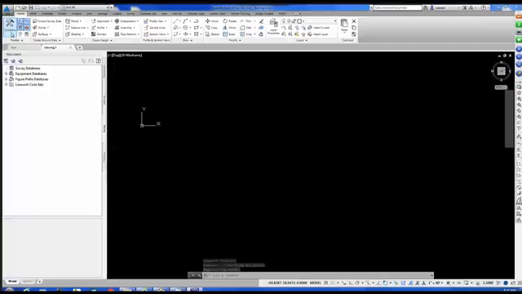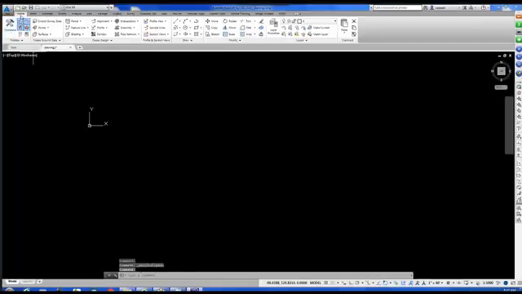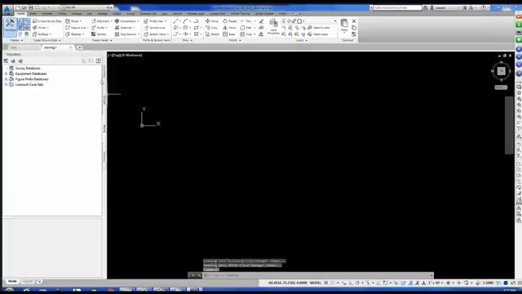And remember, if your tool space isn't open, go to the Home tab, Palettes panel, and select Tool Space. Also, you should have by default 4 tabs: the Prospector, the Settings, the Survey, and the Toolbox. If any of these tabs aren't turned on, look up in the same Home tab, Palettes panel. If the color around the icon is not blue, that means that tab is turned off. So you just pick on the icon, you get a blue hue to it, and now, in this case, the Toolbox tab is turned back on. All right,